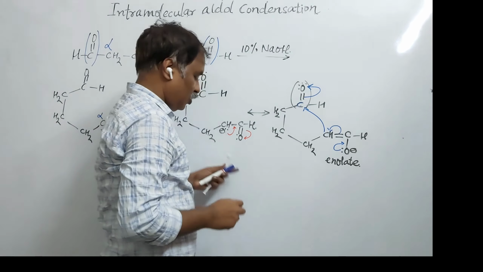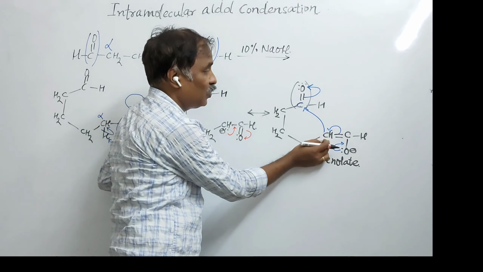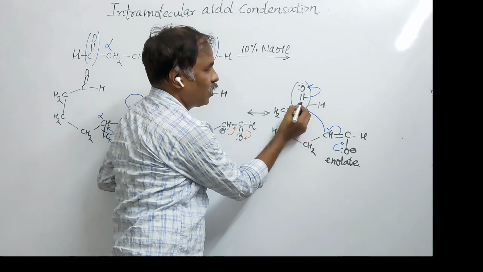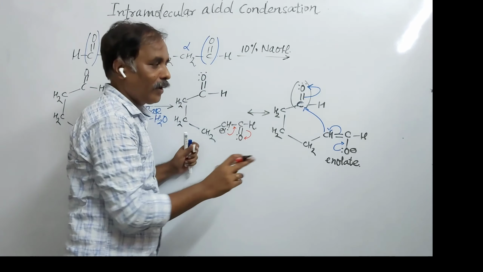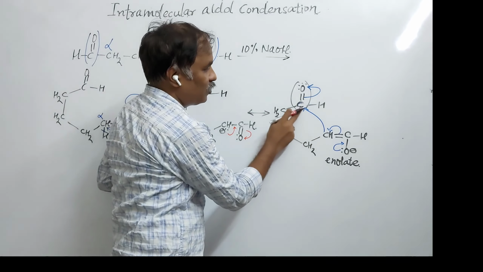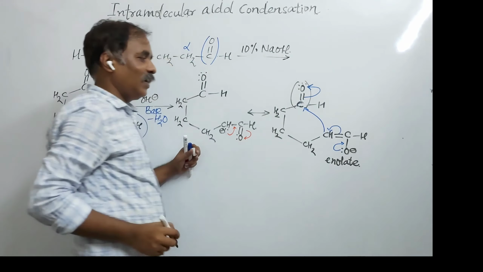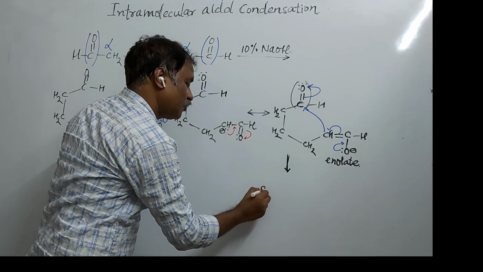So here is an intramolecular attack of a nucleophile. This carbanion acts as a nucleophile. So the attack of the nucleophile here and formation of a carbon-carbon single bond here. How many bonds does the carbon have now? 1, 2, 3, 4, already 4. The new bond is 5, so the carbon is pentavalent. So breaking of the pi bond and shifting of electrons towards the electronegative oxygen, that is, formation of an intermediate like this.